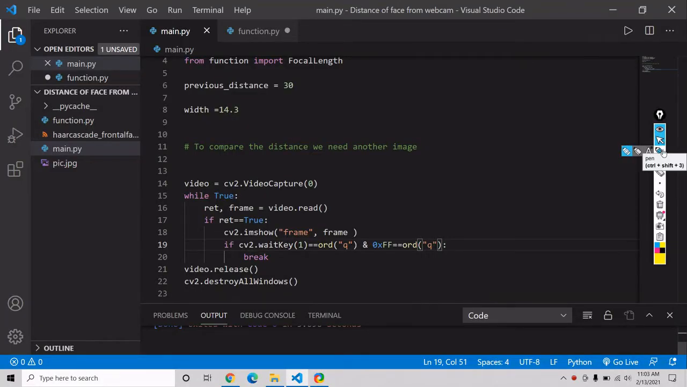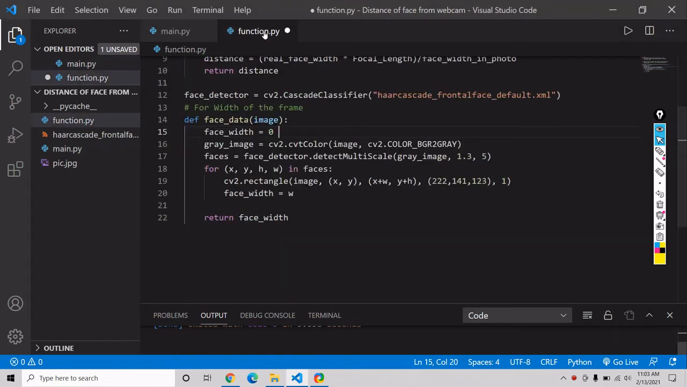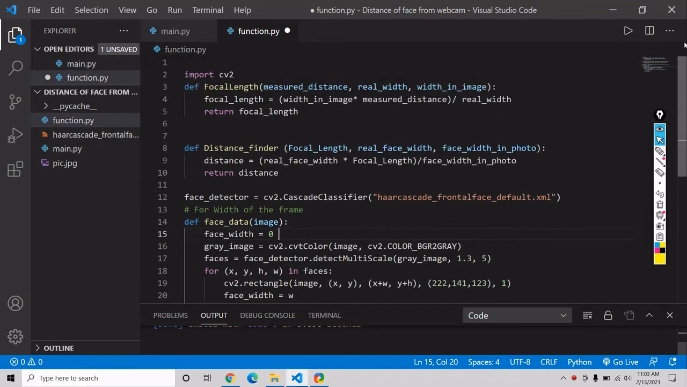So in this video we are going to make our new project: how to find the distance between our camera and our face. For that we have written small functions over here, which are focal length, distance finder and face data. Inside our focal length we have to first provide our measured distance, our real width and our image width. So for that we have to provide one real image